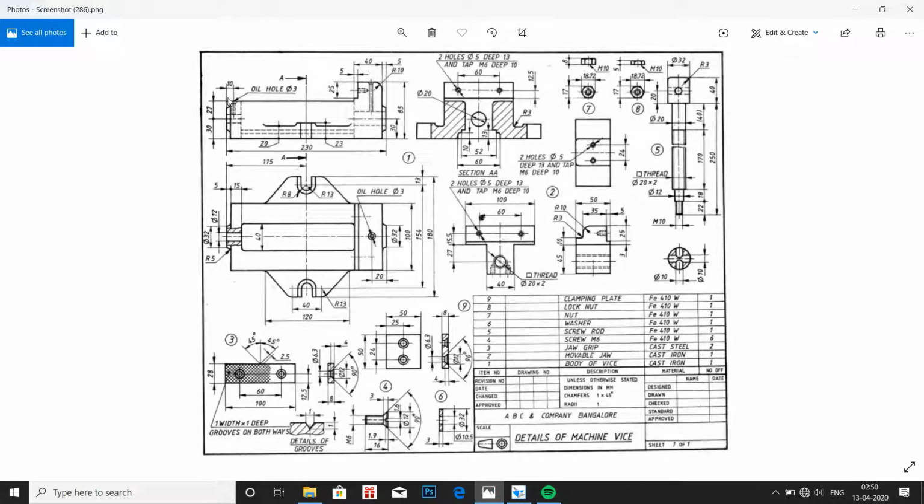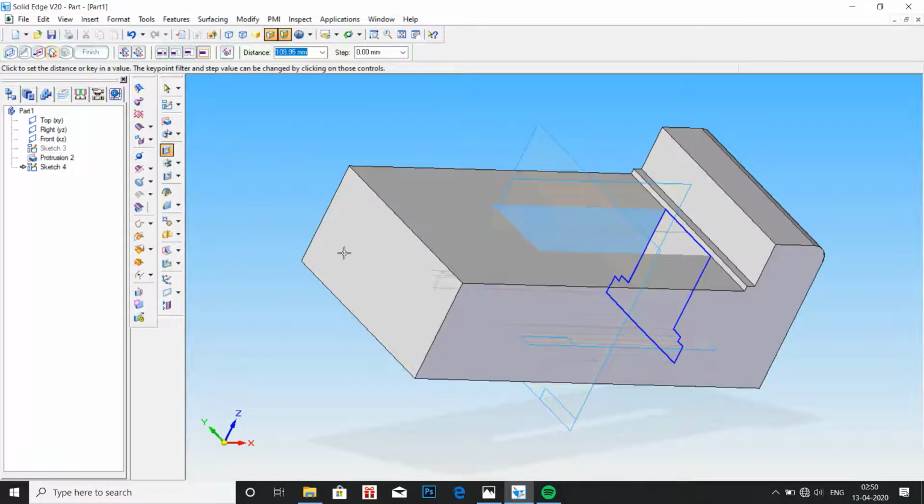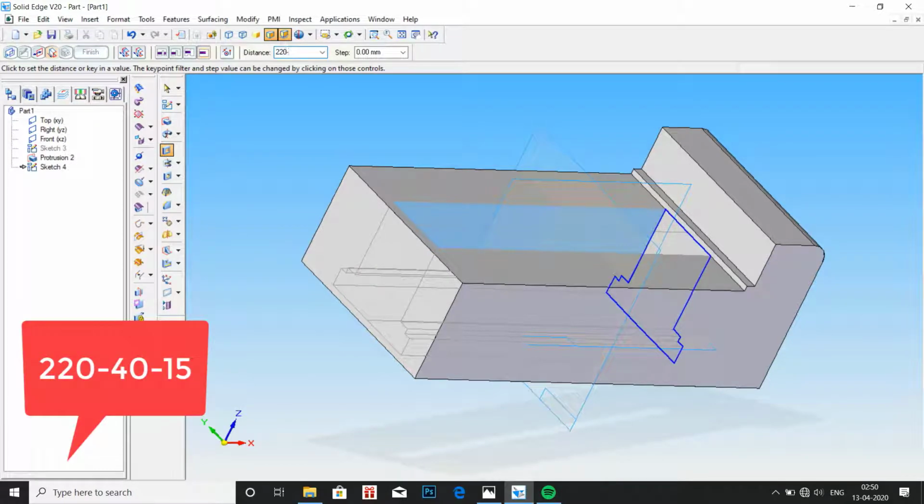So here you can see that the 40 mm and 15 mm have to be subtracted from the 220 mm. So type here 220 minus 40 minus 15.